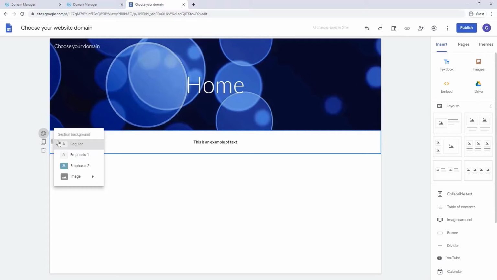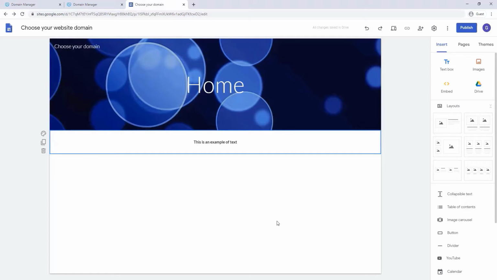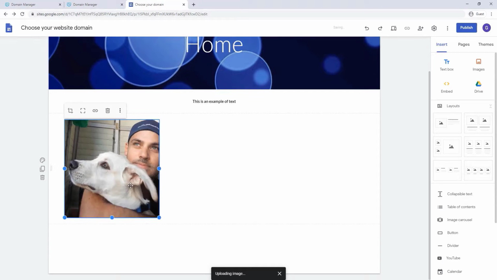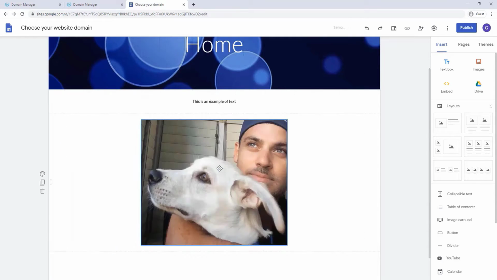Let's change this section's background. We could add an image or a background color. And if we're not satisfied with something, we could just undo the last action. Now let's add an image. We'll click on images, and we'll want this time to upload our own image. So just click on upload, and I'm choosing this. This is my dog. And now you can change the size the way you want it and change the location,